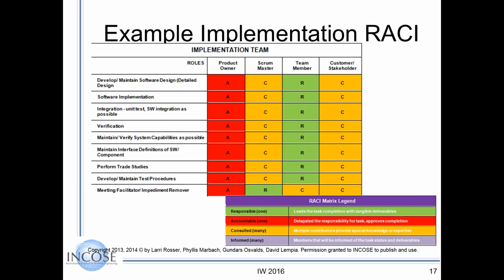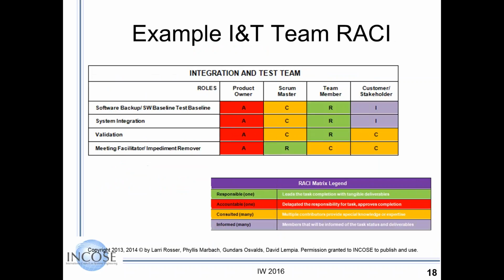And then your implementation team could be developing software as well as detailed design, as well as performing verification as you test. And the test team has their own. The intention of those tables is really just an example of the different products in development and the expectations and who's working on them.